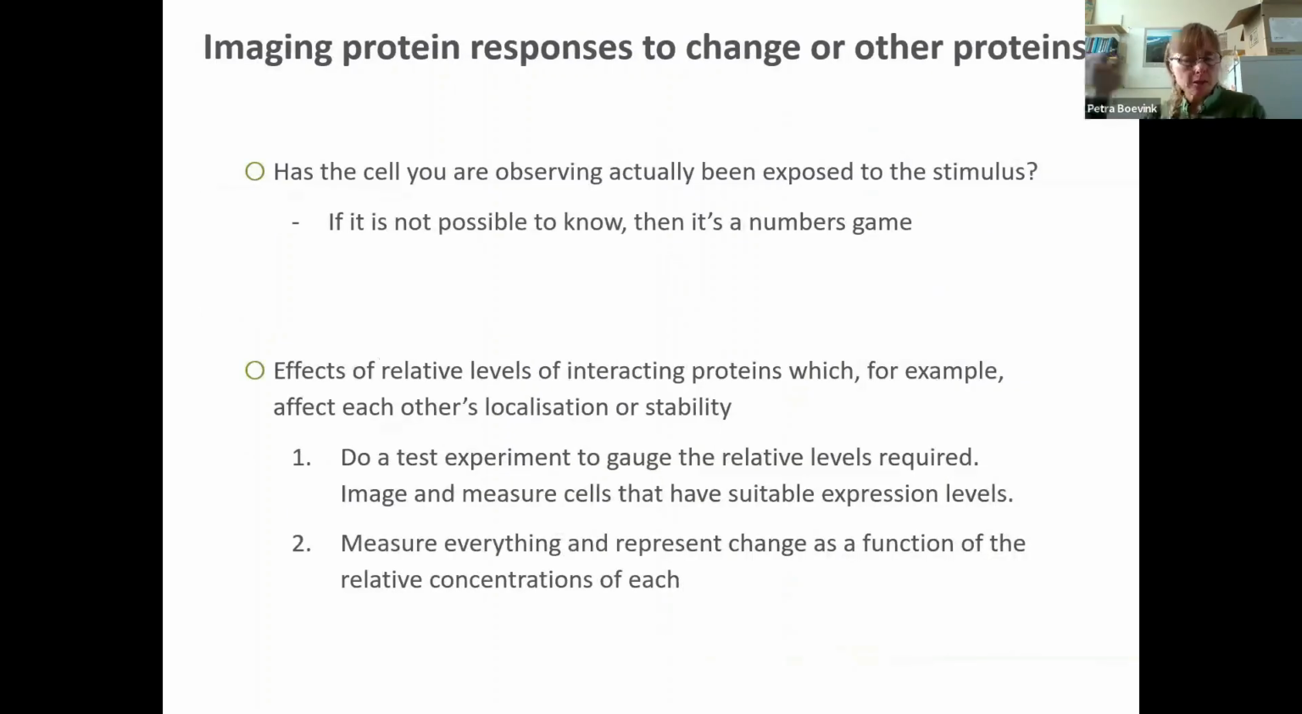Something that's particularly pertinent to plant pathology and to defense-related work is that often we're examining whether proteins are responding to change, like biotic or abiotic stress. Often, you don't know whether any individual cell that you're looking at under the microscope is responding to something. And most of the time, it just has to be a numbers game and comparing to controls. You image and measure many, many, many cells, and the overall comparison between the test and the control will indicate whether there is an